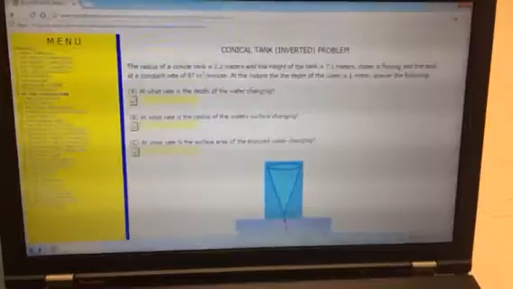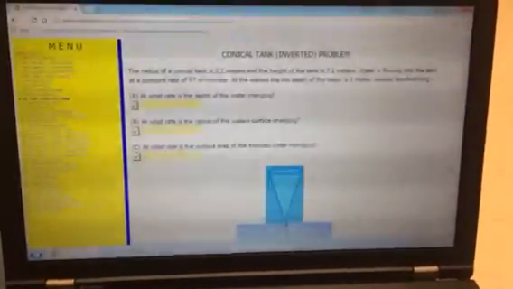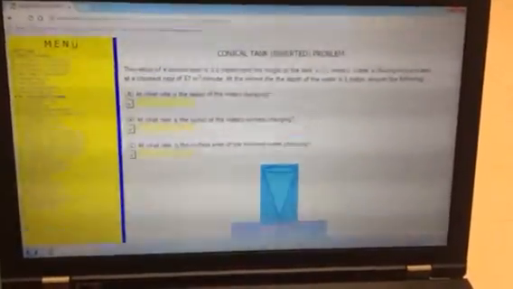0.5 meters. And for B, we have to find how fast the radius of the water's surface is changing when the depth of the water is 0.5 meters. And to do that, we have to find the change in the radius over change in time when the height is 0.5 meters. To do this, we take our volume equation once again, 1/3 pi r squared times height, but